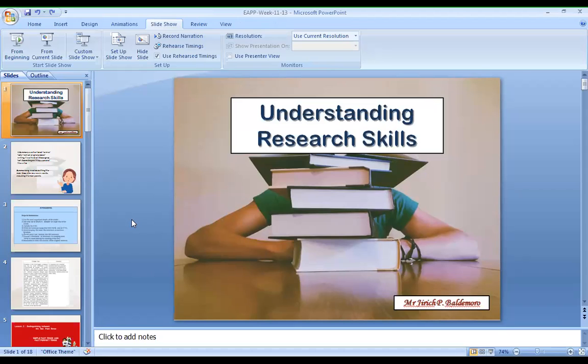Are you familiar with plagiarism? Plagiarism is copying the exact work of another author or researcher without any credit. Copying other ideas without properly attributing the sources is an academic offense.